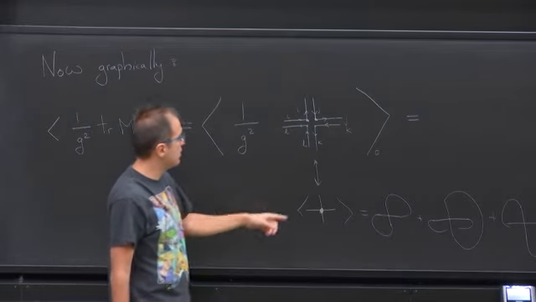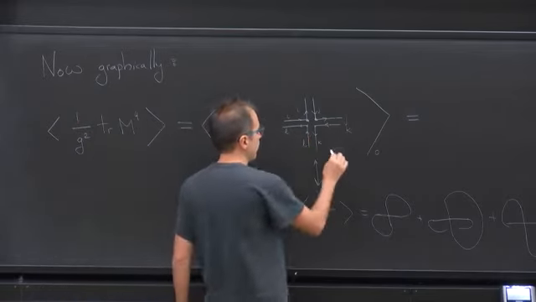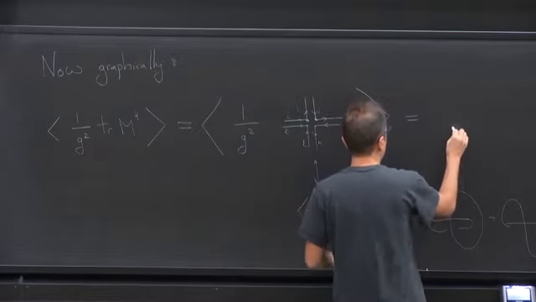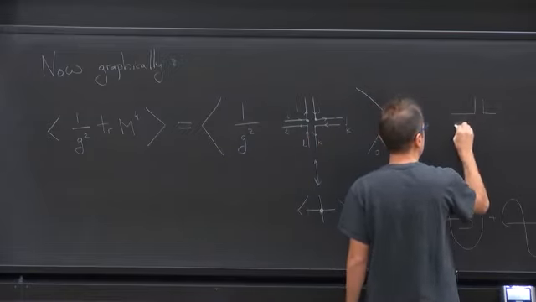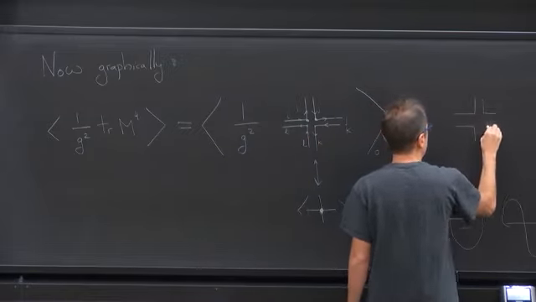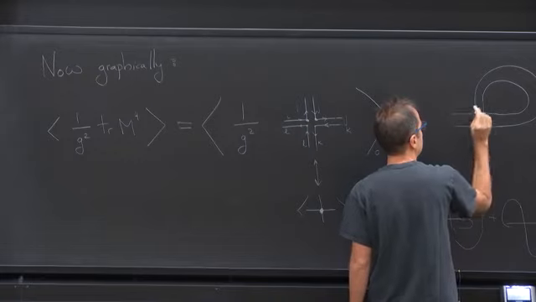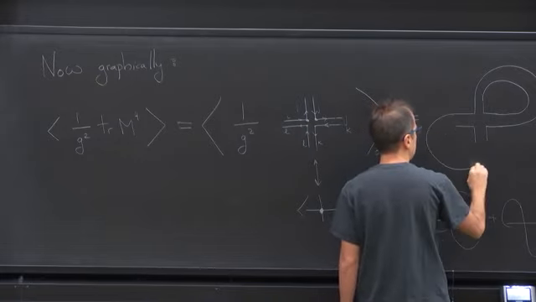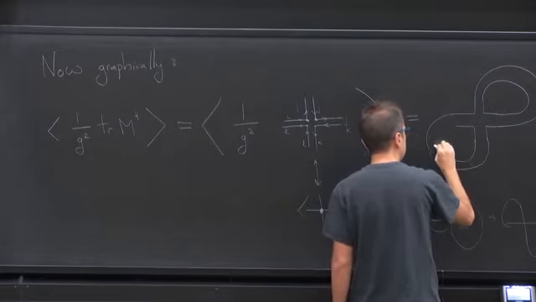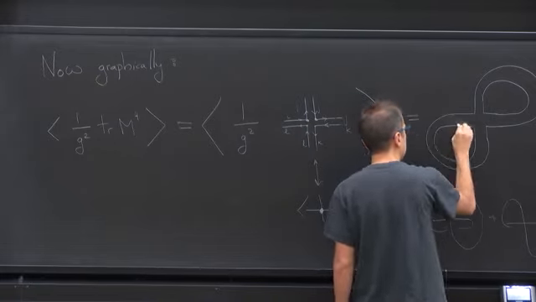Now we are going to do the same, but let's do it here carefully with our fat graphs. So the first one is, as I said, you contract this one with this one, and this one with this one. And then this one with this one, and this one with this one. This is one possibility. You propagate from here to here and from here to here. The other one is the first matrix connects with the third one. So let's draw that one, plus